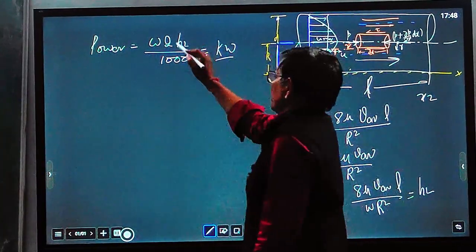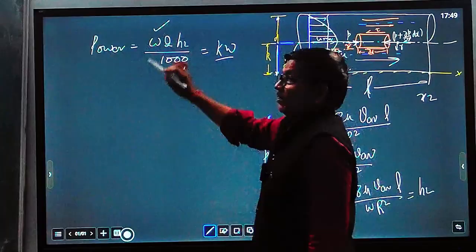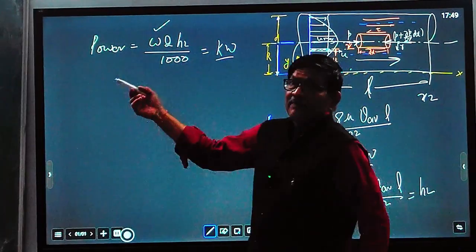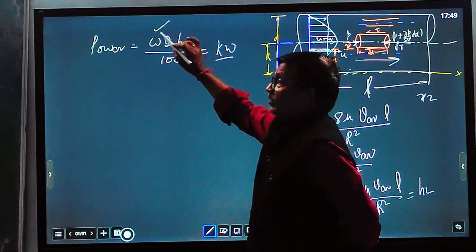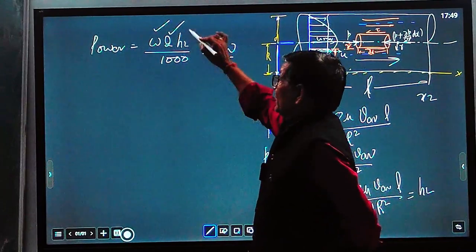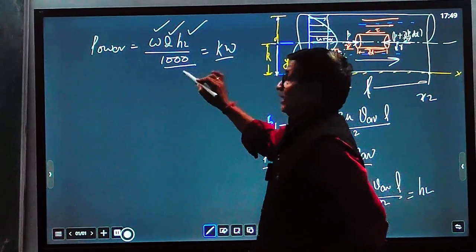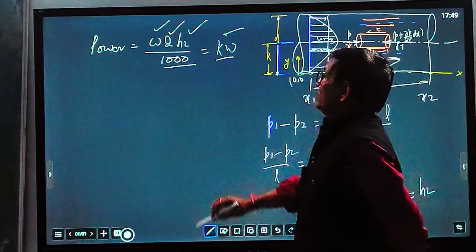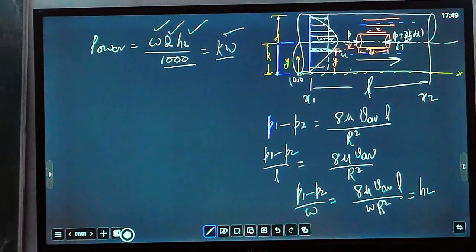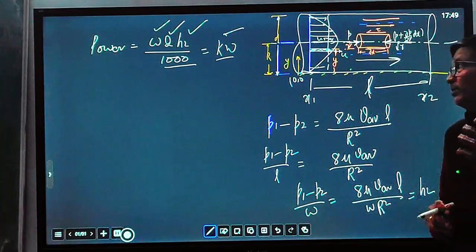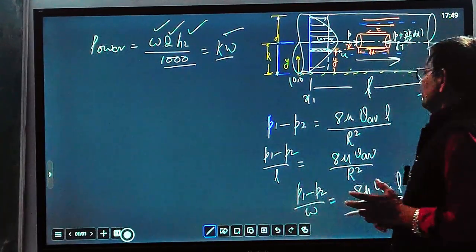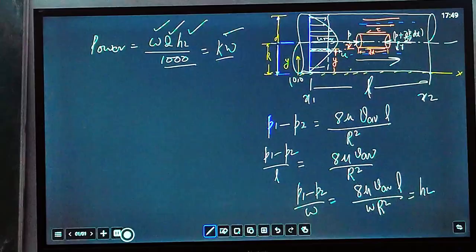Omega is the specific weight of water or any liquid, Q is the discharge rate, HL is the head loss, and dividing by 1000 gives power in kilowatts. This is the complete discussion, and we will also solve questions based on